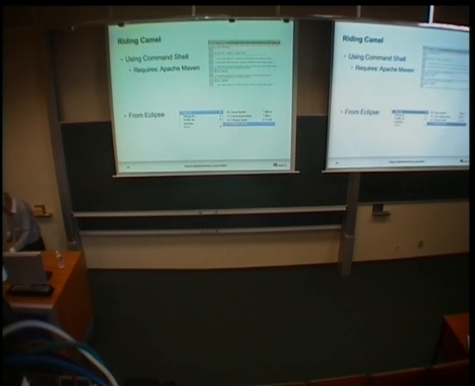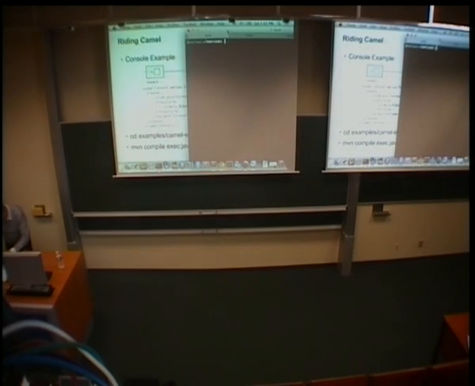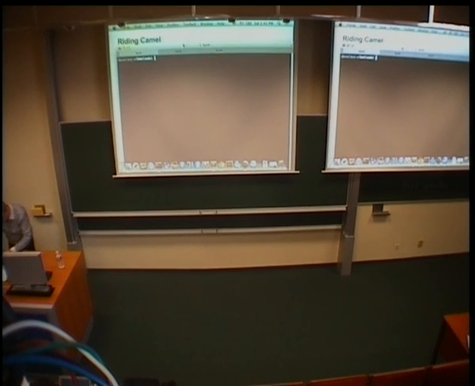So let's see. We'll start with a very simple example called the console example. It's basically reading from the console in, where you can type something, and then it transforms that and sends it out to the console. So just to show you how you can do that yourself also. Here I am untarring the